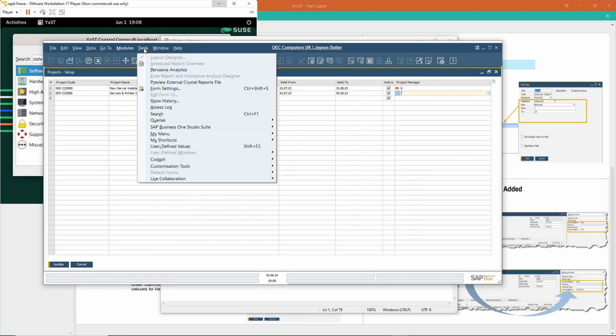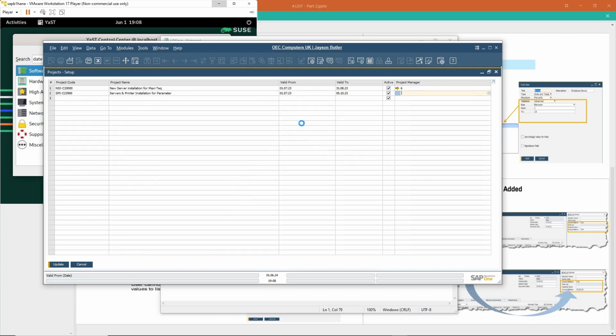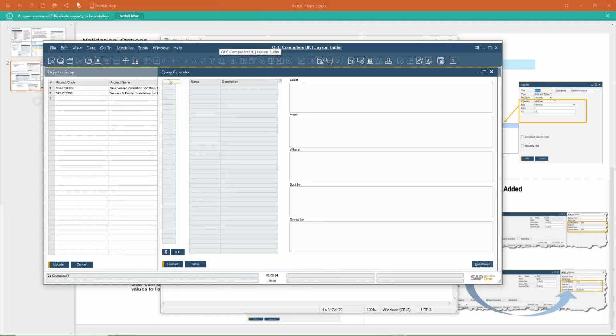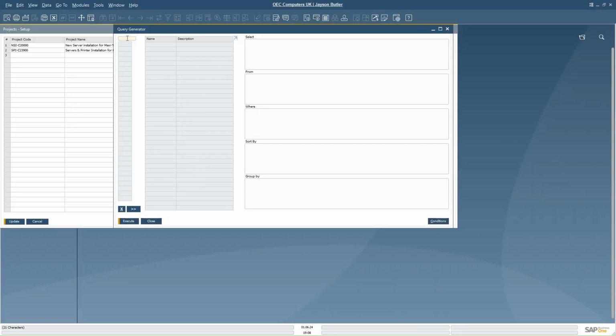If we check in the query, Tools, Query Generator, for the project, the object is OPRJ project.